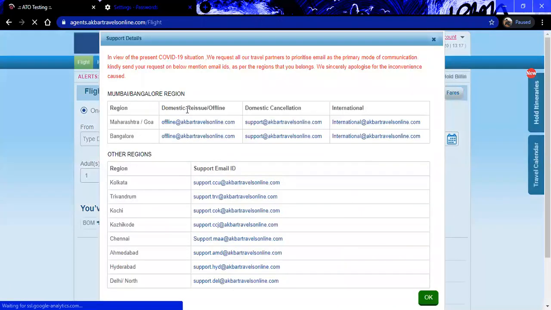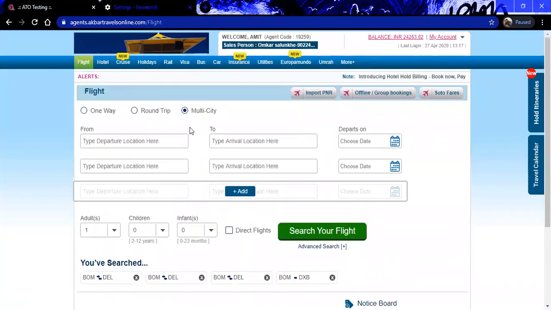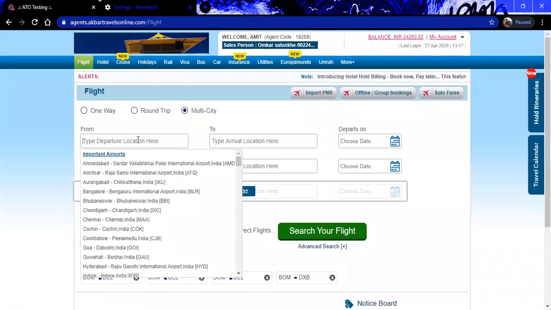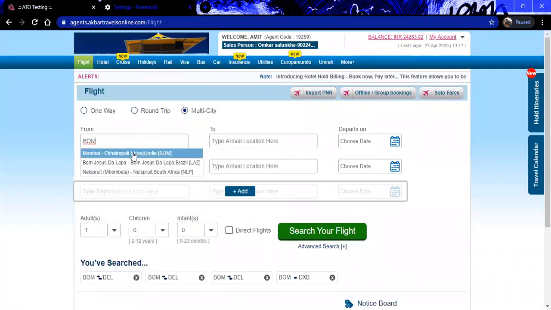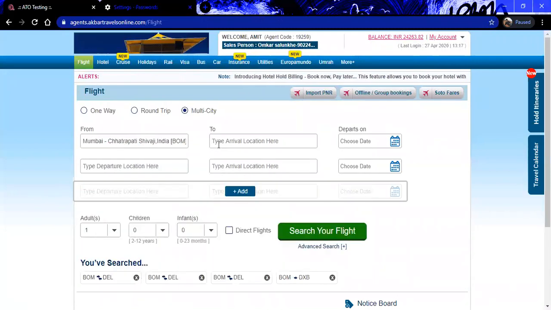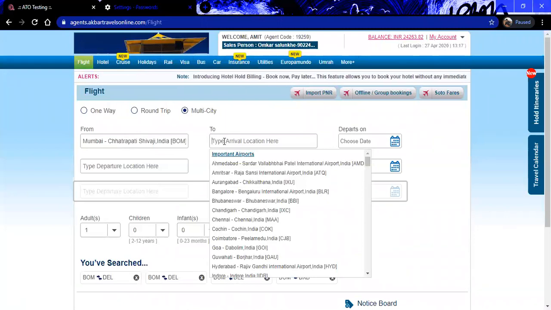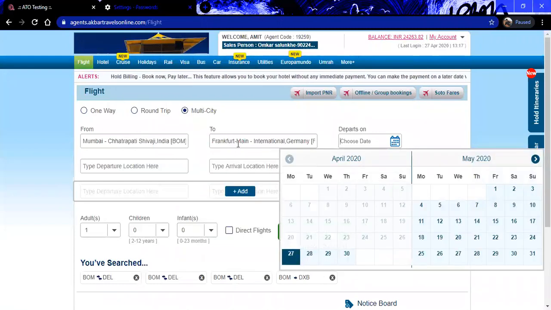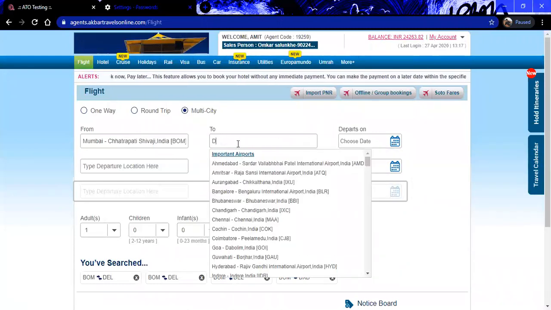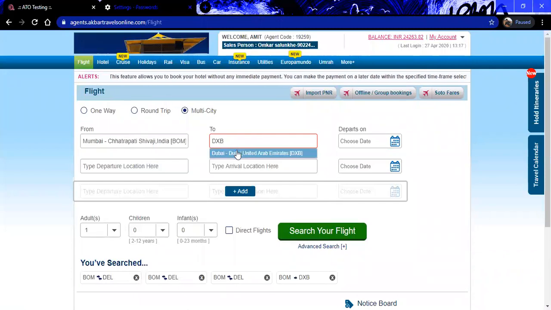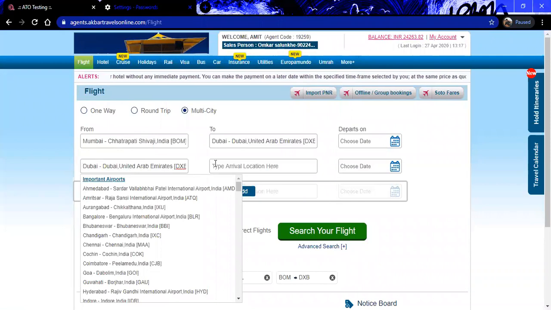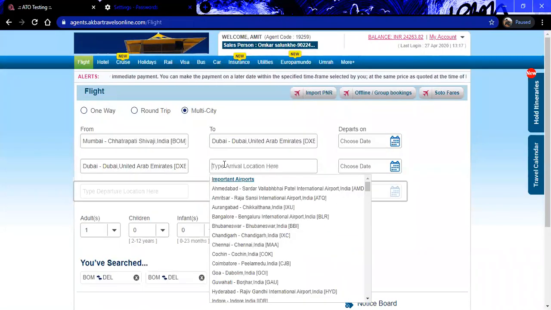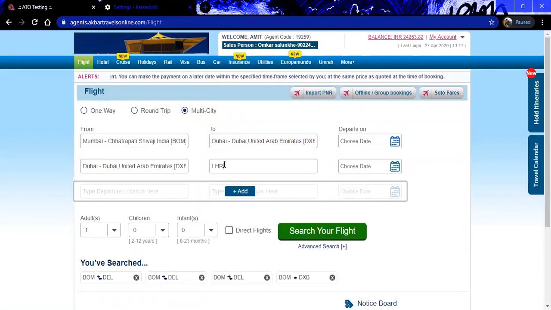Clicking on multi-city. Okay, we can select the destinations from Bombay to, suppose I'm going to Frankfurt. I go to Dubai. Again, this is getting auto selected from Dubai. So I need to go to LHR.